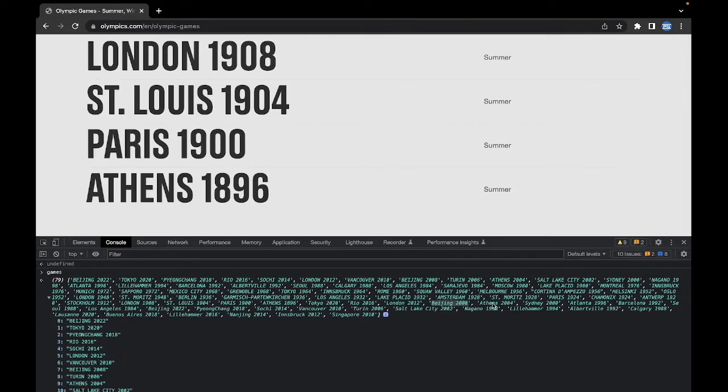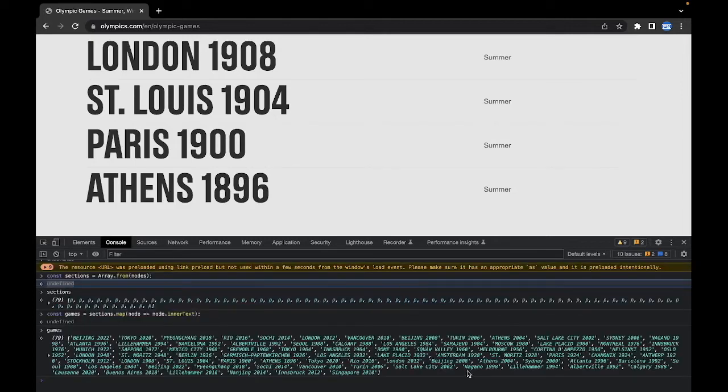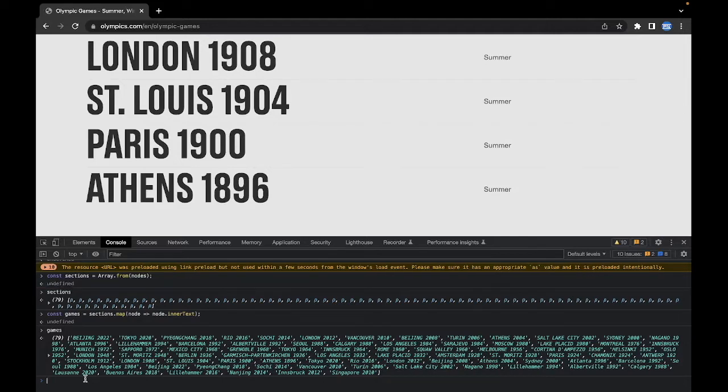And Athens 2004. So the only difference I can see between these two is the casing. These are all caps, whereas the duplicate that we see is in normal case, as in the first letter is capitalized, but everything else is small. So we can remove the duplicates. Of course, we can use something like Lodash, but I'm just doing it quickly on my console. So I can use the indexOf logic to filter out the duplicates. What do I mean by that is,